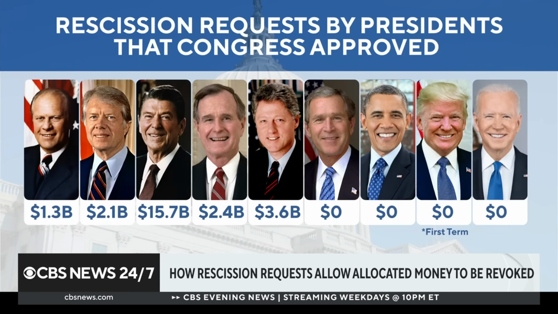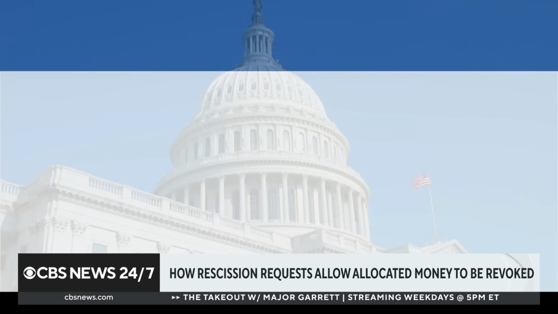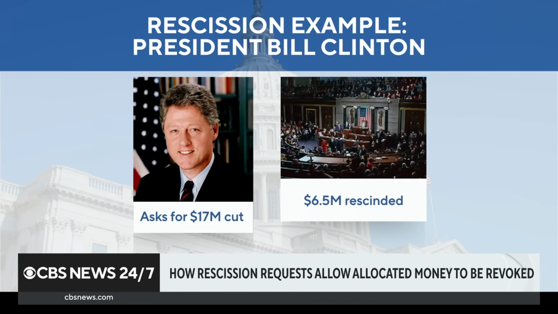The Trump administration isn't the first to ask for a rescission. Since 1974, nearly $25 billion have been taken back by Congress, according to the Office of Government Accountability. Every president since 1974, except for George W. Bush, Barack Obama, and Joe Biden, has made a rescission request. For example, in 1995, President Bill Clinton asked Congress to rescind $17 million allocated for freight rail service on abandoned or neglected rail lines. Congress ultimately agreed to rescind about $7 million, which then went back to the Treasury Fund